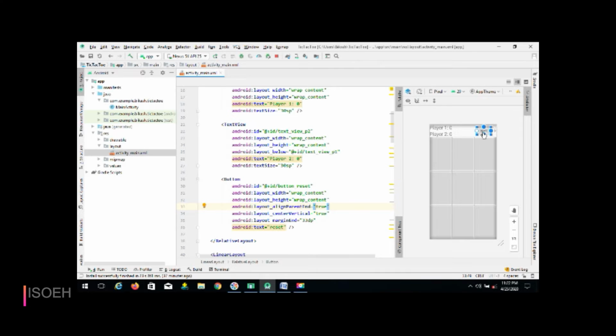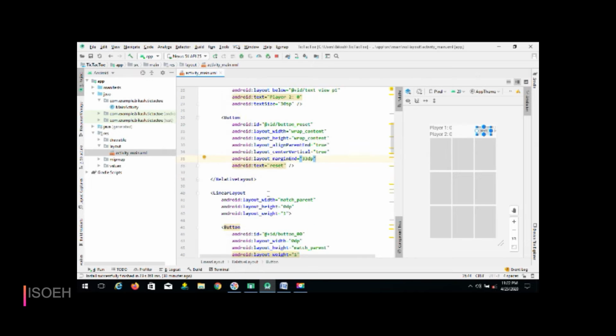Align parent end equal to true moves it to the right side of your window. And after that I have chosen center vertical, it is true, and margin end equal to 33 dp. You can choose it as per your screen size here.